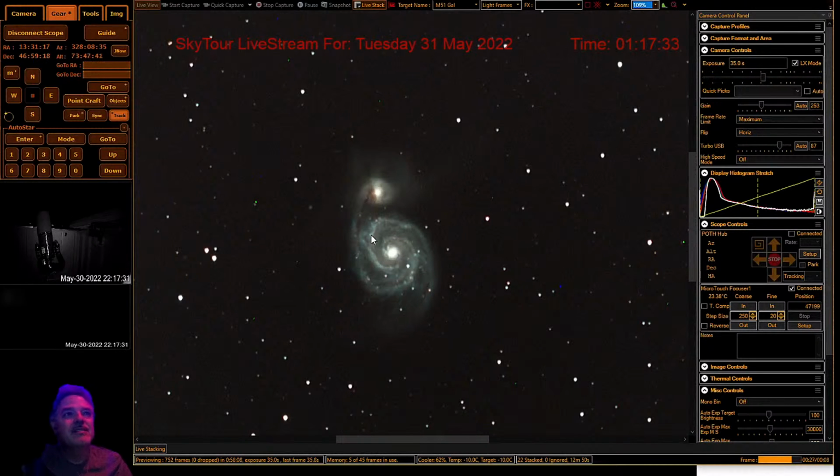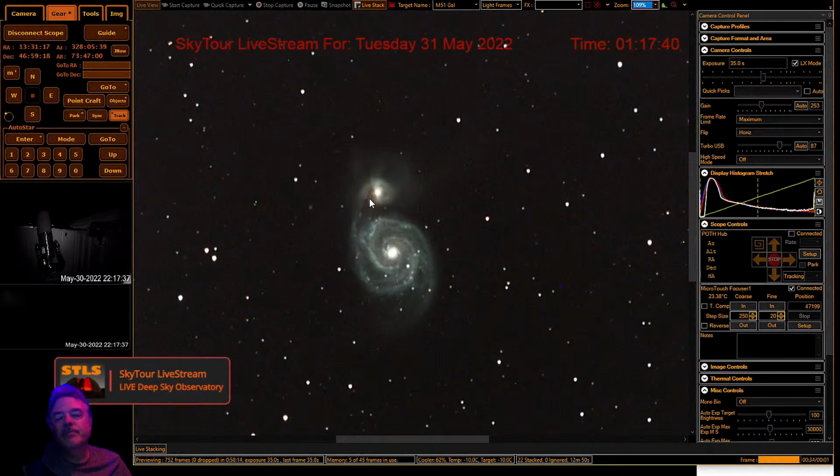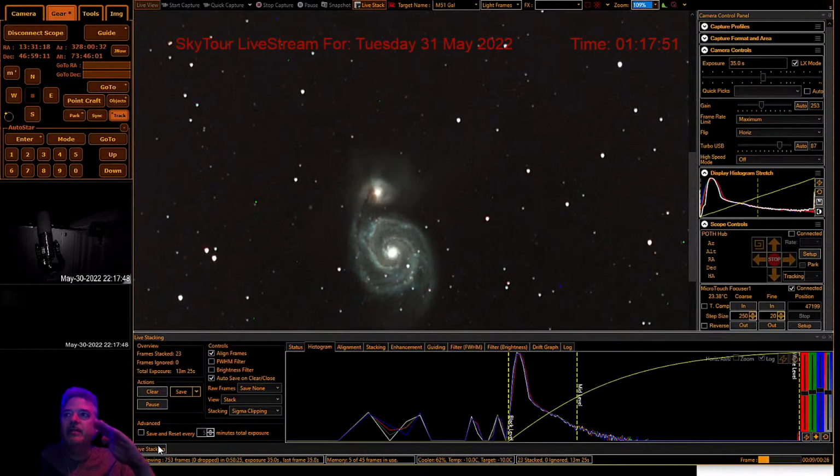Look at this, guys. Look at that, Darrel. The Whirlpool. Look at these stunning, beautiful brown wisps, these dark lanes in the galaxy that are drawn out by this interaction here. Look at this extra stuff out here. And what you don't see, guys, is that this galaxy, this parent galaxy right here, all right,